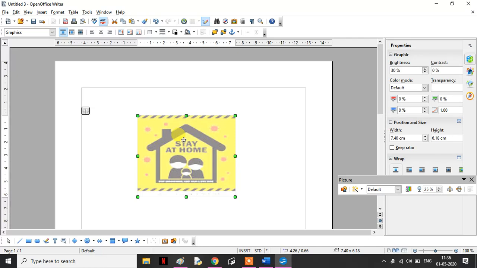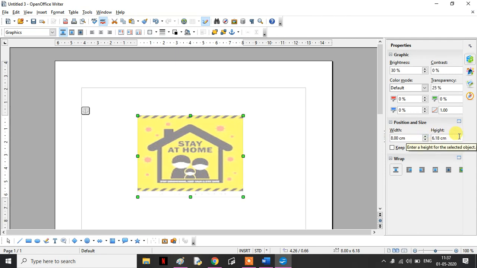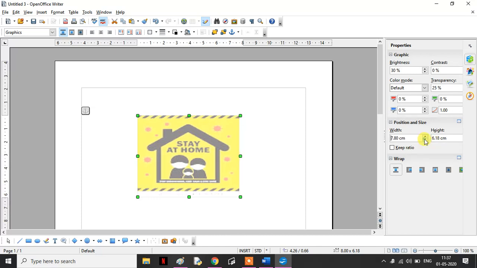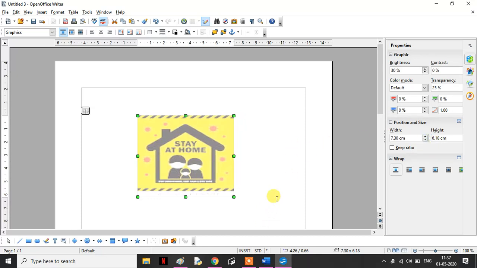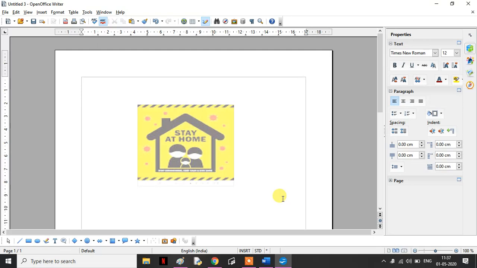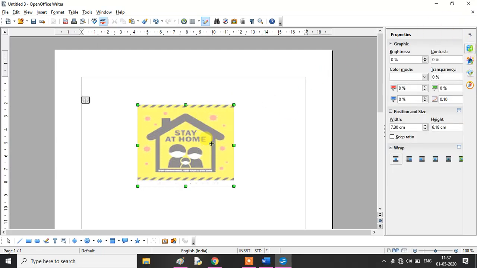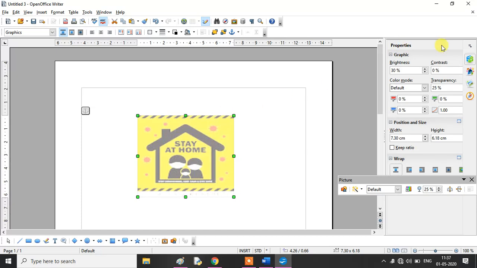We can even set the height, width, position, all these. If I'm closing this, you can see height, width, everything we can change from here. Is it clear, children? What I have shown you is that we have gone to the sidebar and this window was open through which we are setting the properties. So first we are selecting the image, then we are clicking on the properties, whatever we want to set.